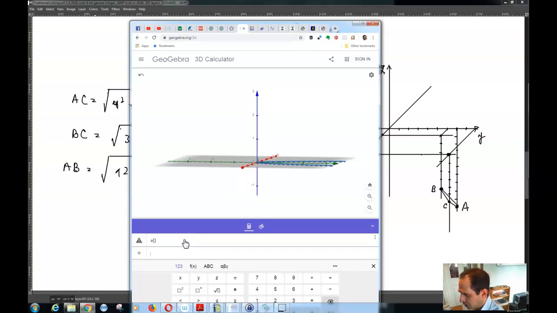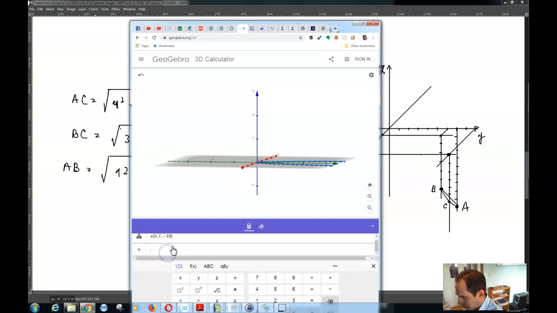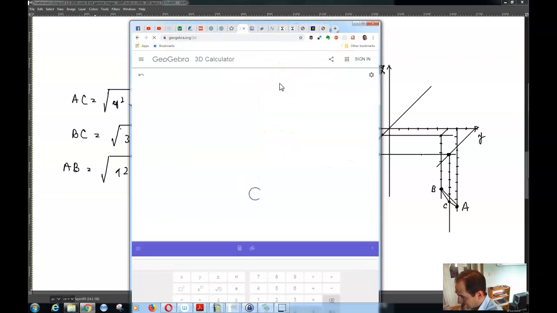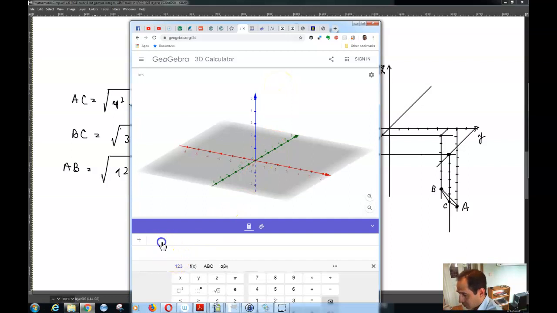So you can write A as 0, 7, negative 10. I think I need to refresh this thing. So if I write this point as A 0, 7, negative 10,